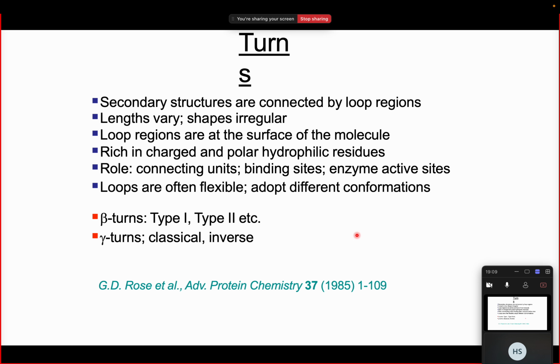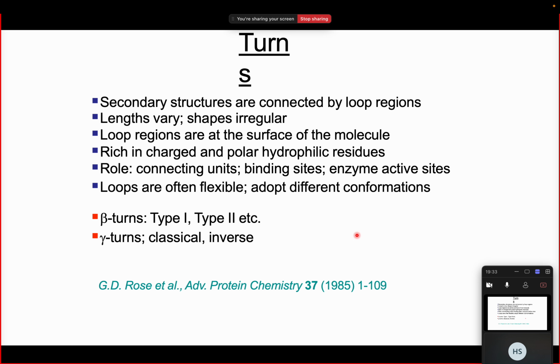They are very flexible, and as they are loops, they don't have the protection of a secondary structure in which they can hide their hydrophilic amino acids, so they are often exposed to the cytoplasm. If we talk with respect to membrane proteins, I might show you a system maybe in the coming days. So basically what happens is